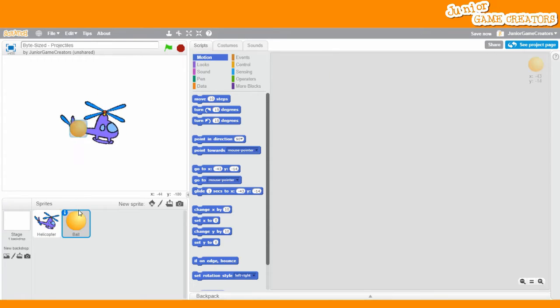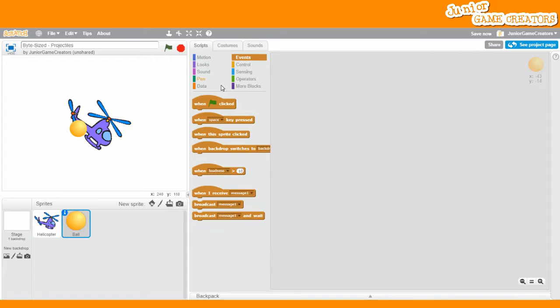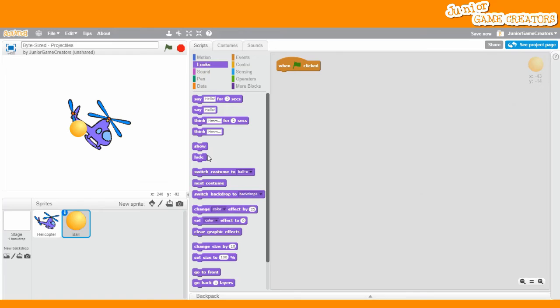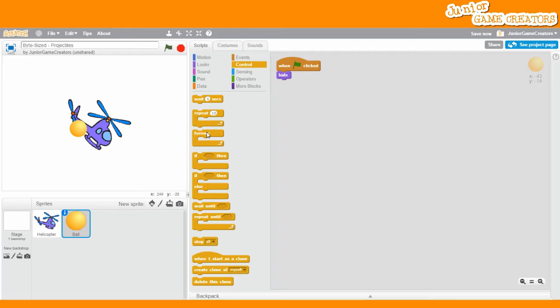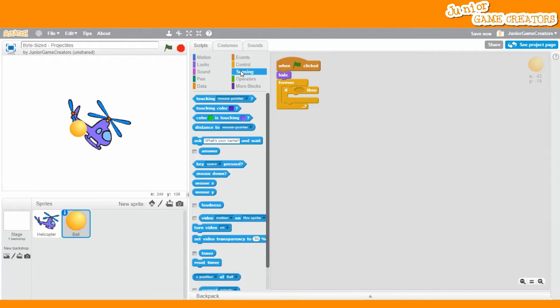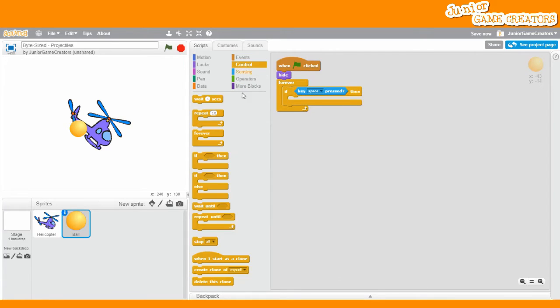So onto our projectile itself, where the bulk of the code is. First of all, I'm going to set up a control for how to create the projectiles. This is almost like the trigger button, and we're going to be using clones to do this. So I'm going to say when green flag is clicked, we want to hide the original projectile because everything's going to be clones from here on. And I'm going to say forever, if you are pressing the space key, we're going to create a clone of myself,